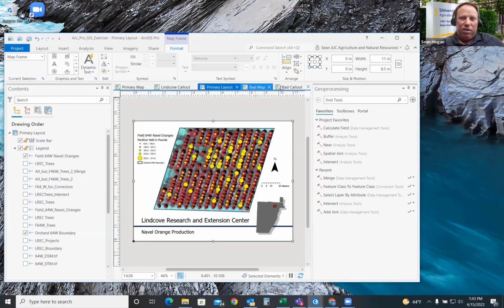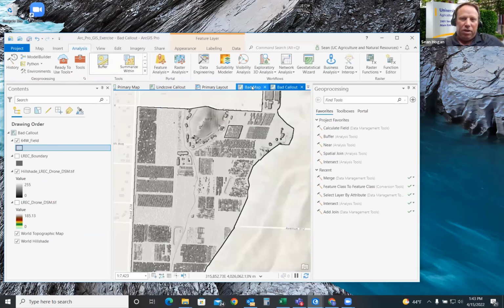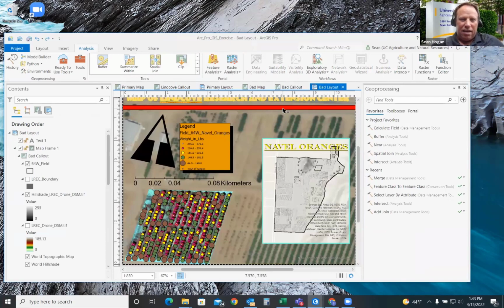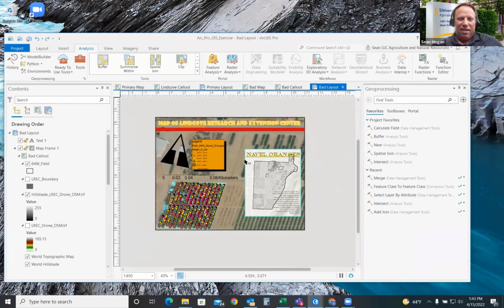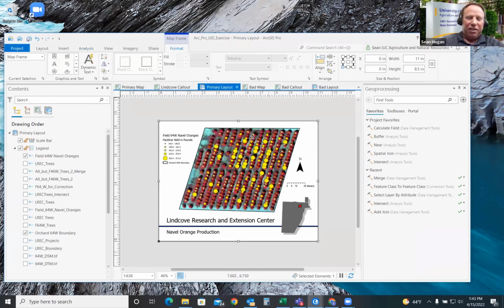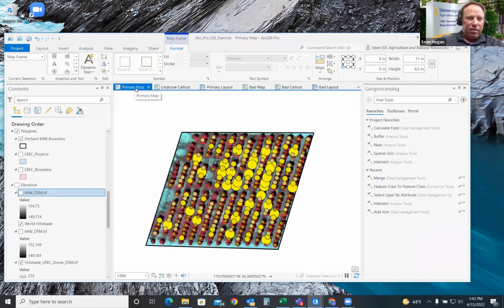If you don't spend a little bit more time, you can have some map layouts that are a little less appealing, where you might have bad contrast, poor positioning, you name it, the things that Maggie covered. So we're not going to work toward this. We will work toward a good layout such as this. But I digress. Back to the map.